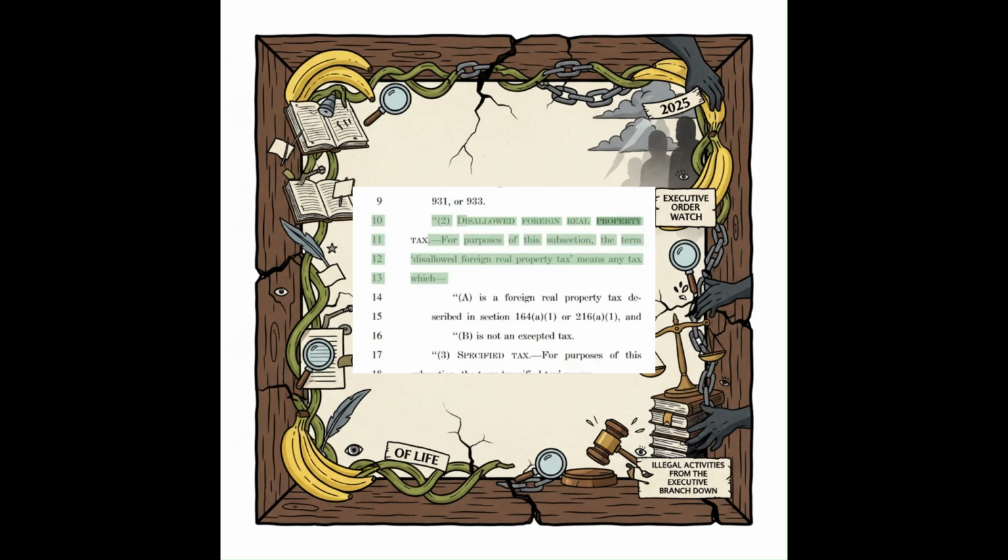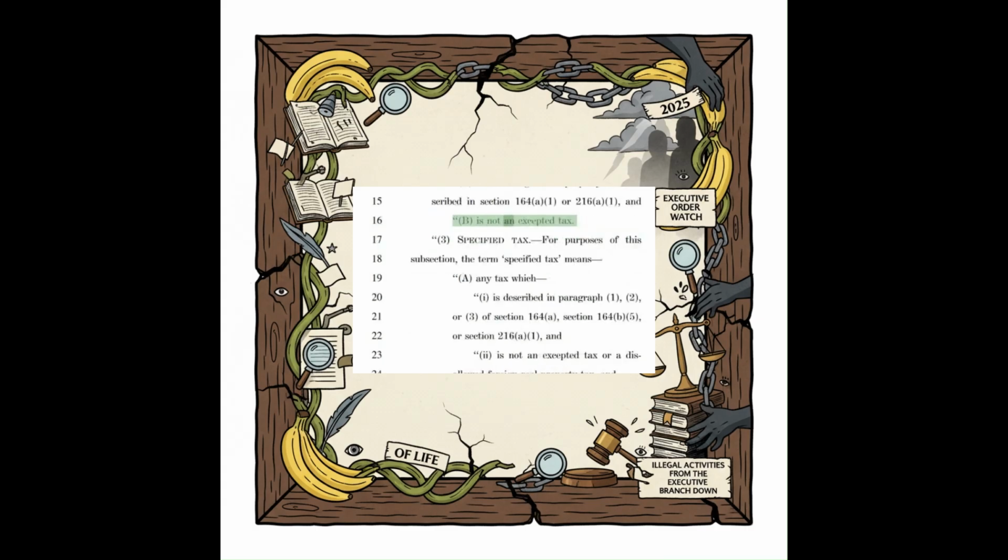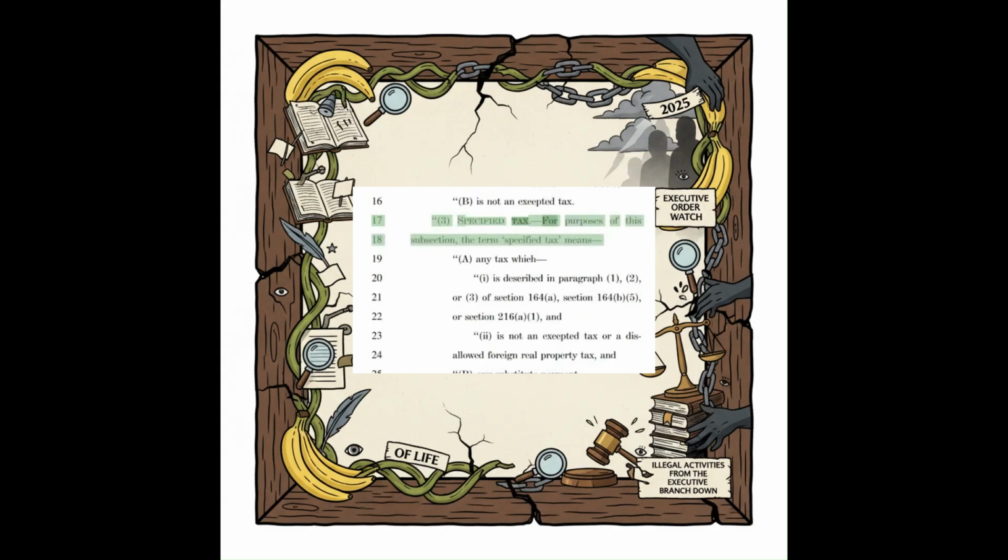Disallowed foreign real property tax. For purposes of this subsection, the term disallowed foreign real property tax means any tax which is a foreign real property tax described in section 164, and is not an accepted tax. Specified tax. For purposes of this subsection, the term specified tax means